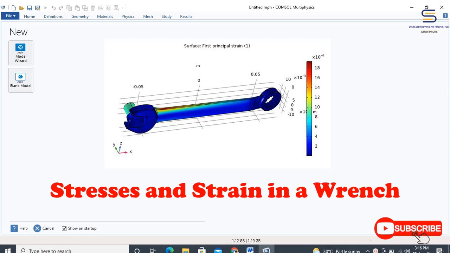The stresses and strain of any three-dimensional object can be performed in COMSOL via two options. Number one is that you can build the geometry on your own, or number two is you can import the geometry as an input by doing the geometrical modeling using advanced CAD tools such as AutoCAD, Solid Edge or any of the FEM or non-FEM based graphical tools. The drawings can be easily imported and the boundaries can be easily defined using COMSOL.